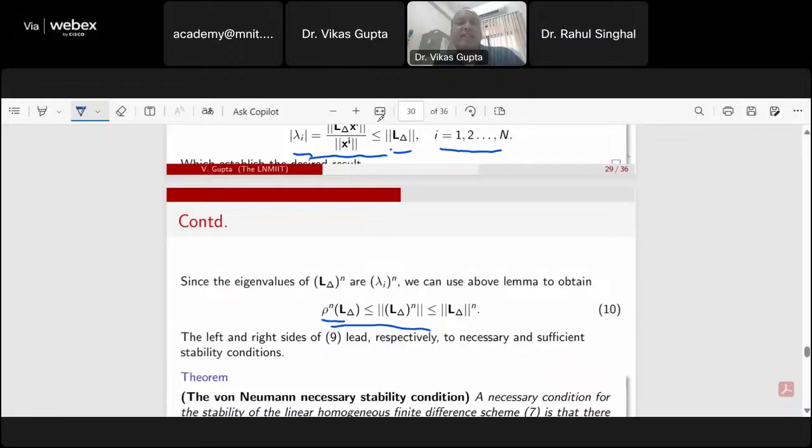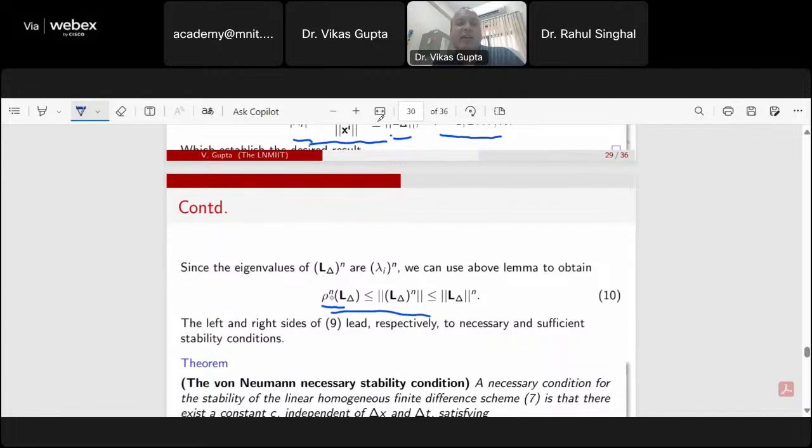And among them, rho of L delta is the spectral radius of the matrix L delta, that is, the largest eigenvalue in magnitude for the matrix L delta. Then rho to the power n of L delta definitely satisfies the lower bound for the norm of the nth power of L delta. It means that rho to the power n defines the lower bound for any matrix norm